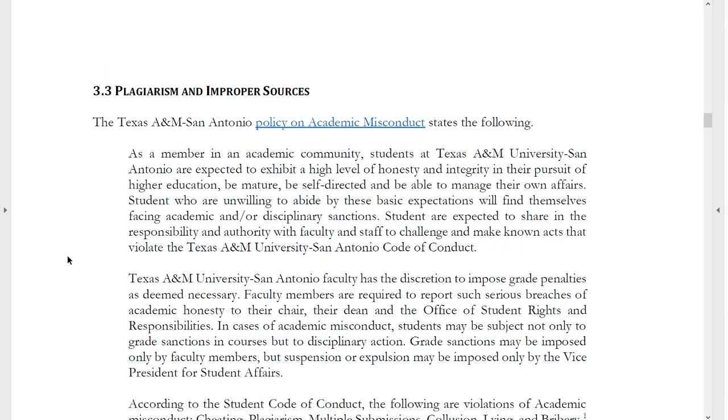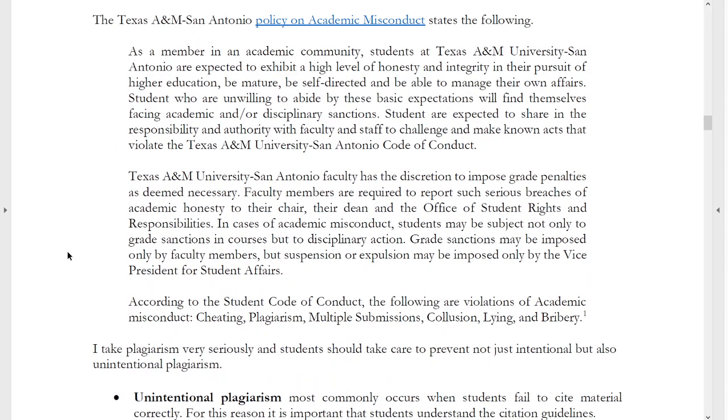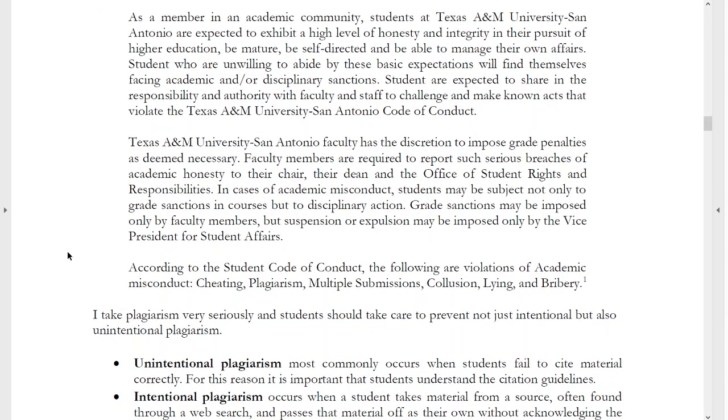So I have Texas A&M San Antonio's statement on plagiarism. I'll just very briefly say I take plagiarism very seriously, and it is not hard to catch, and I do report those who engage in it. So please, please, please, before you consider, and what plagiarism is any attempt to pass off the work of another as your own. So before you would consider doing that, please, if you are struggling with your paper, please contact